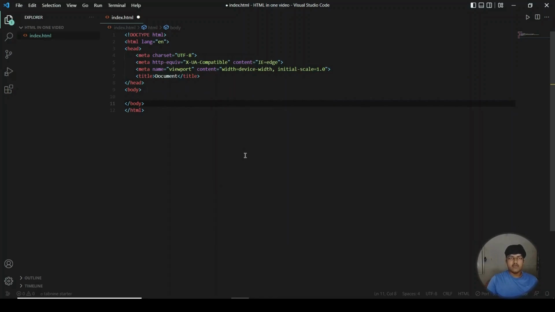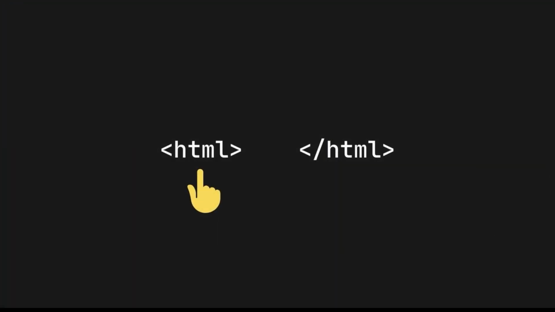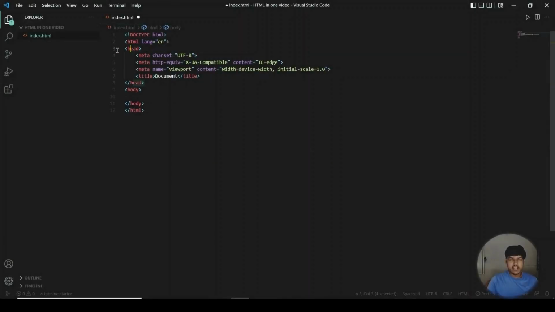First, let us understand what is an opening tag and what is a closing tag. Most of the tags in HTML are not self-closing and need an opening tag and a closing tag. So this is an opening tag and this is a closing tag. Inside that we define some content. For example, inside this head tag, this is the opening tag, this is the closing tag, and inside that